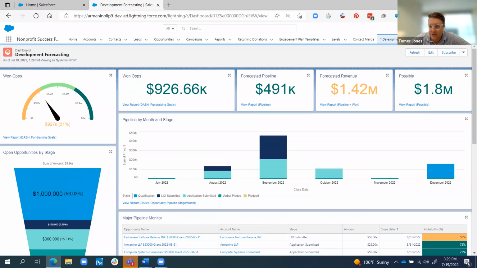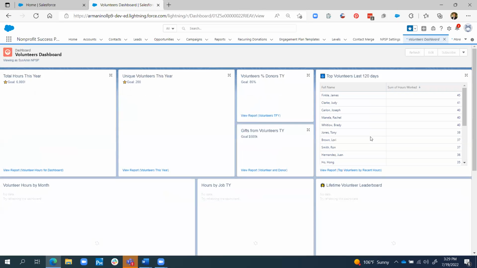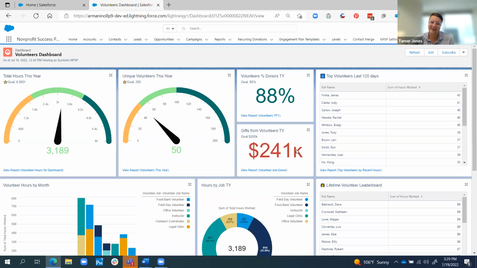And then the last one that I'm going to show you, we have about 1 minute left, is this volunteer dashboard. Some cool metrics you can run. As development professionals, your volunteer database should be a huge opportunity for you to get donations.